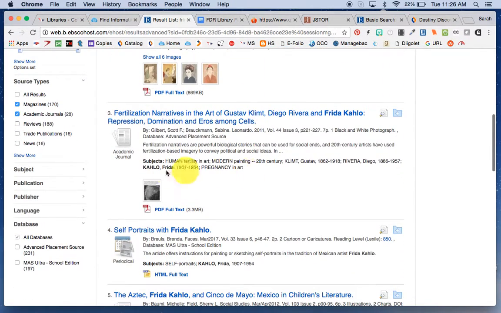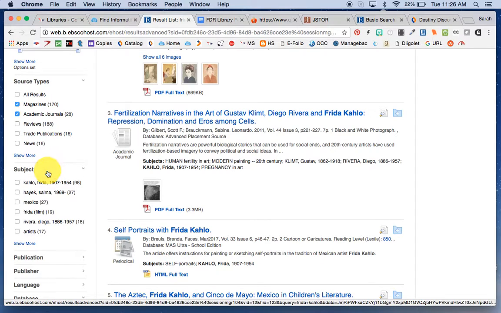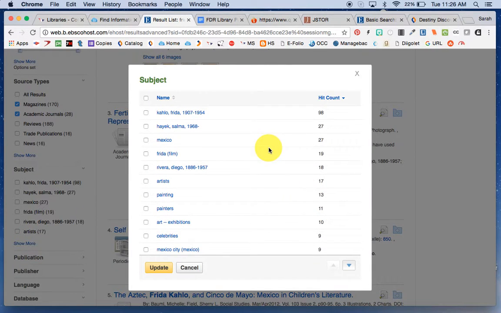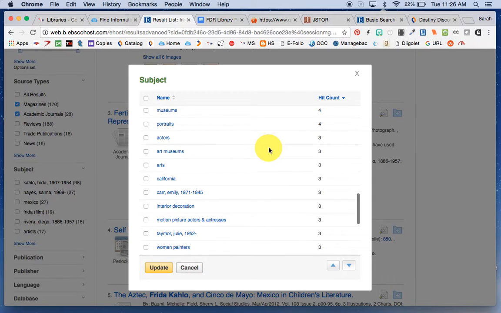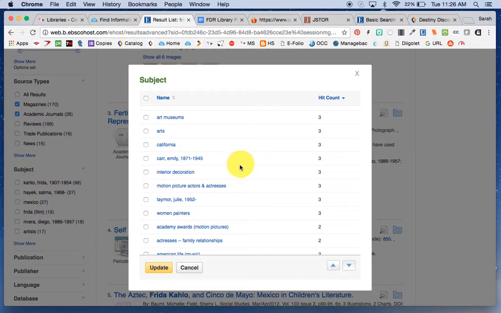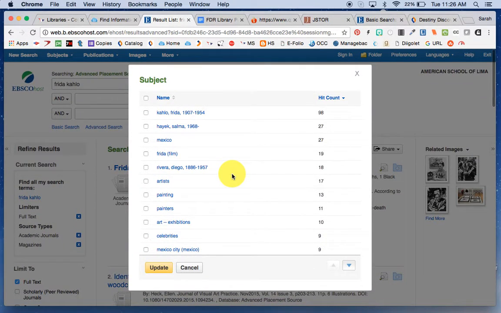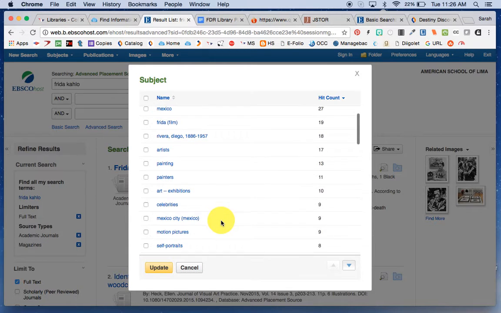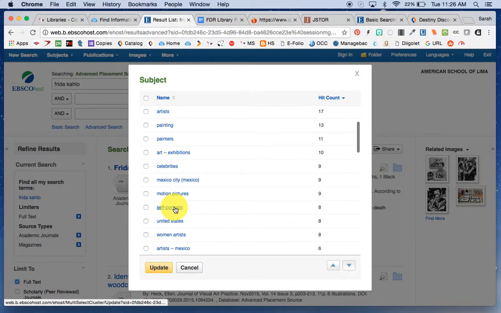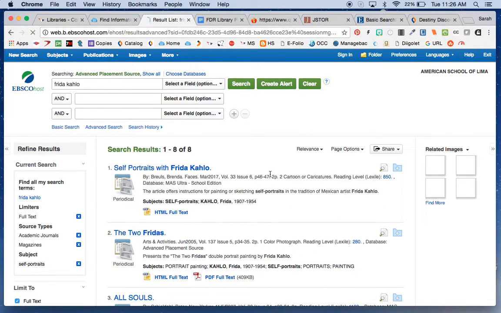The other way to narrow, my favorite, is by subject. And when you go by subject and choose show more, you'll get a list of all of the different subjects that pair with what you searched for. So I'm going to find here something about interior decorating and Frida Kahlo. So this is a great way to search, I think. Let's do self-portraits maybe. Okay, so now I should get only 8